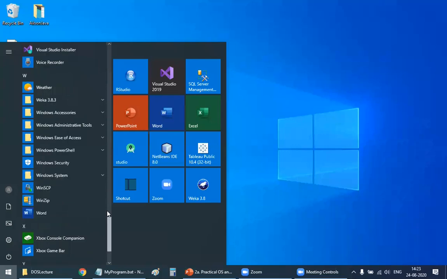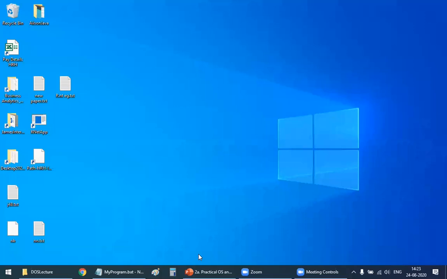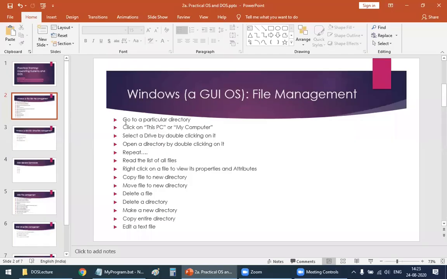So this is how we interact with the Windows graphic user interface. So now what we will do today, we will go to a particular directory.